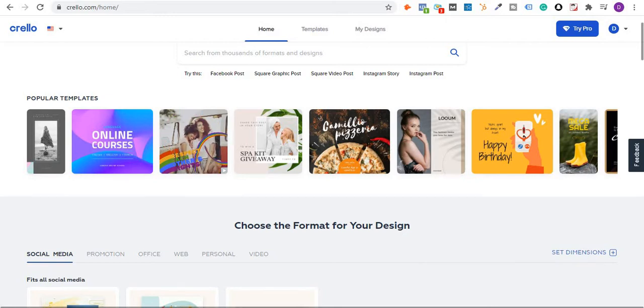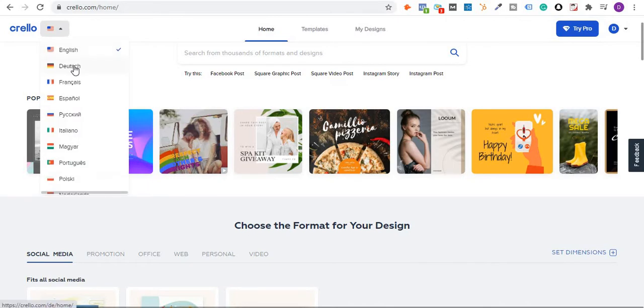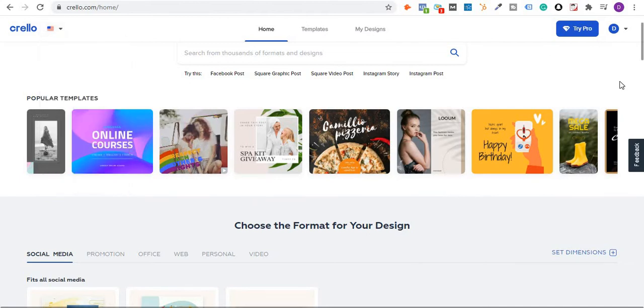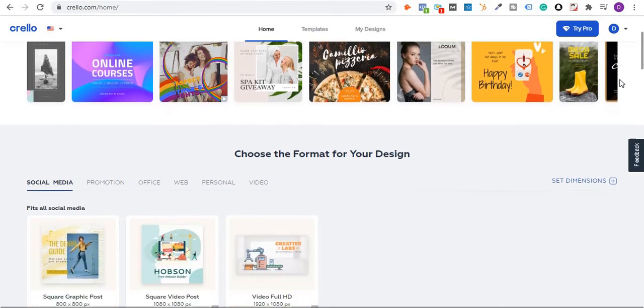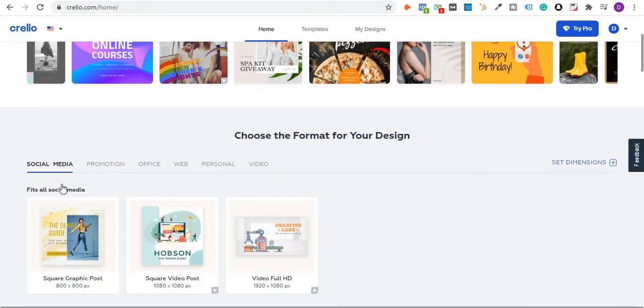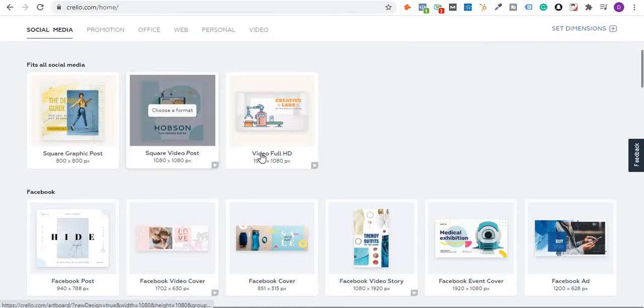I'm going to walk you now through what this tool has to offer. So first of all, it's available in different languages, you know, Dutch, French, Spanish, Italian, etc. Okay. And then if you come down, this is what I was telling you. Choose the format for your design. We have social media over here, graphic post, video post, full HD.